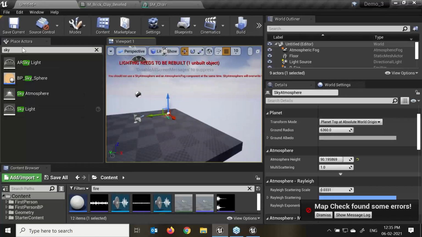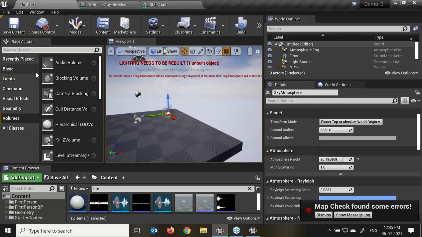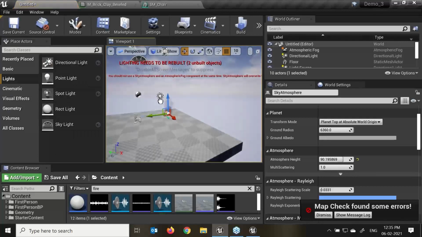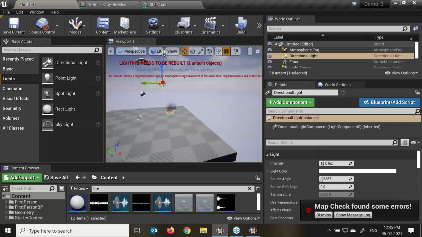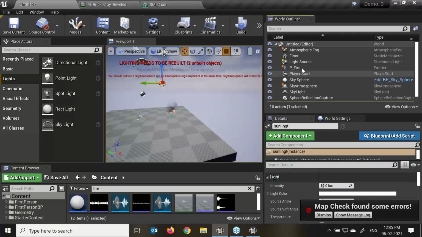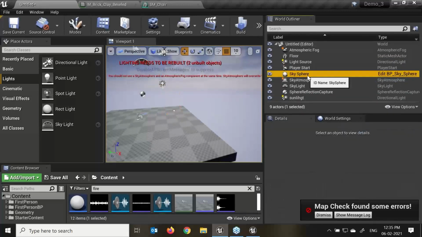So what I'll do, I'll add one directional light, and we can add more directional lights over here. Now the best way is to always give a name to that particular light, because that is the flow we need to understand. I'll just remove this free sky, I don't require it as of now.